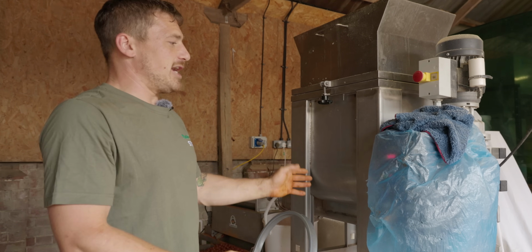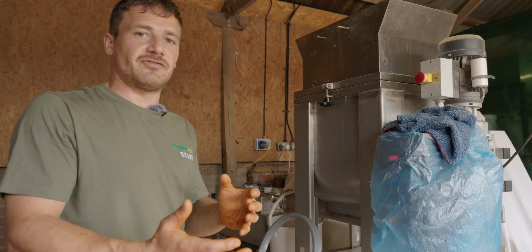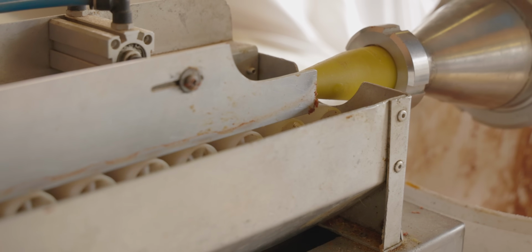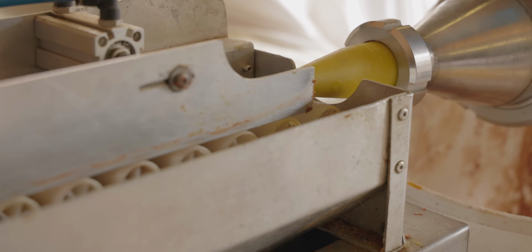So with this machine at the minute, you can see we've got it running about half speed, just whilst we do this video, but later on I'll show you it at full speed. As it comes through, what happens is this is actually a giant corkscrew in the bottom. And what that corkscrew does is as it spins, it pushes the mix out, and then it comes through our